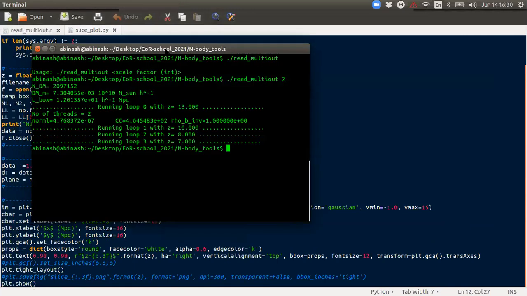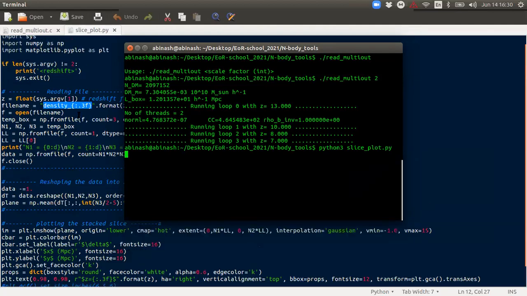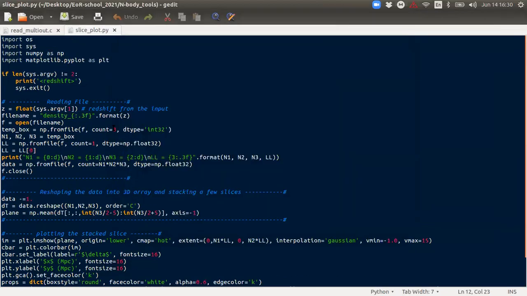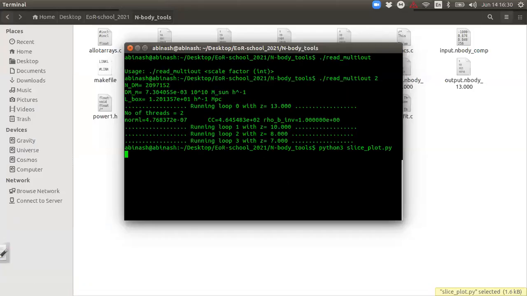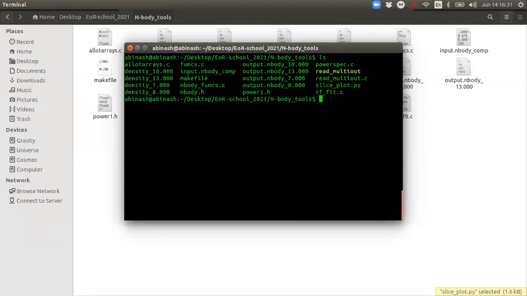So I will just show you once. This is written in Python 3. So just write python3 slice plot.py. If you put this, it won't... What happened? Sorry. python3 slice plot.py.